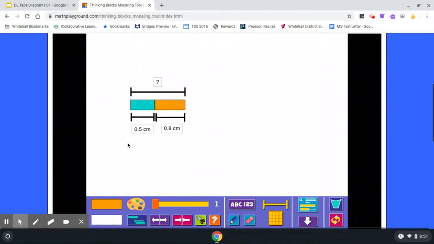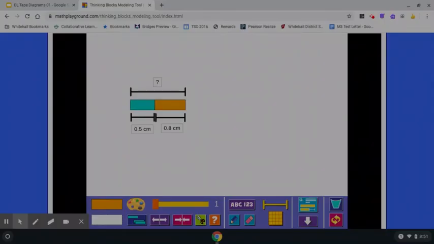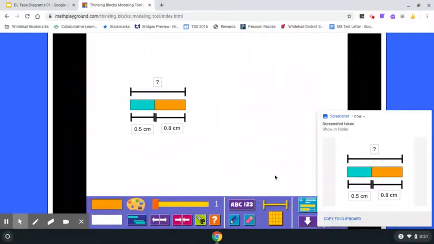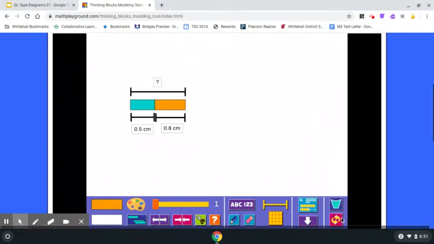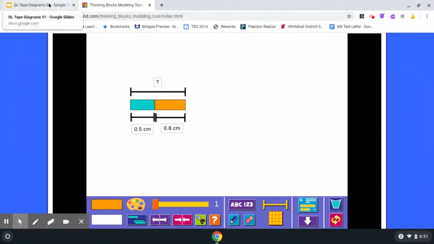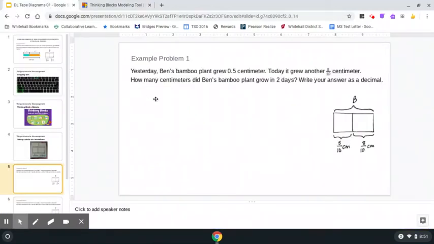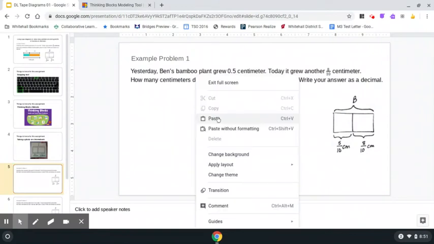And here's where that snipping tool comes into play. So I'm going to press and hold Control Shift and that multi-screen button. And I'm going to make a rectangle around that, and it takes a picture for me. And I'm going to click on Copy to Clipboard. If you forget to do that, it's saved in your Chromebook as a download picture. And then I'm going to go back over here to my slide on this page, and I'm going to right click paste,